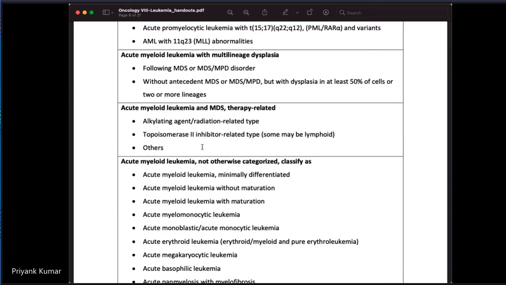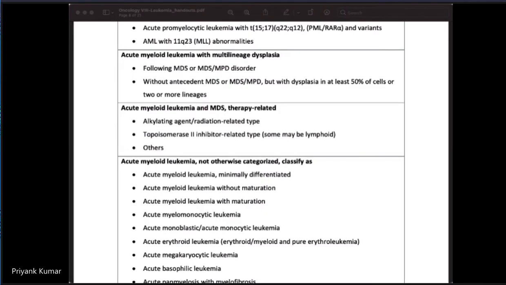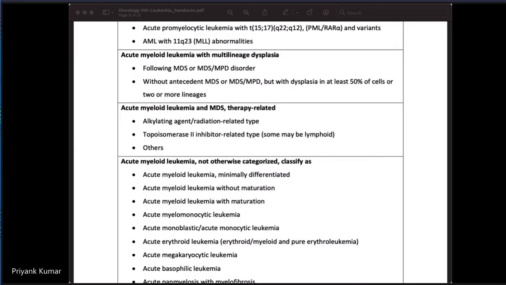So, topo 2 enzyme, has anyone heard of topo 2? Nope. Okay, so where did you guys go? Okay, so